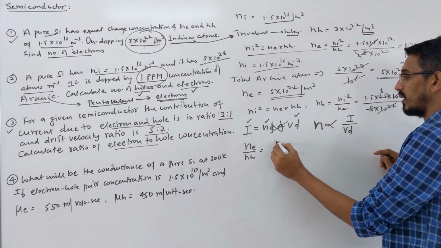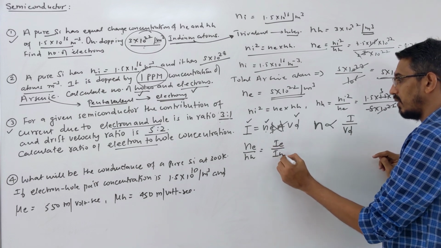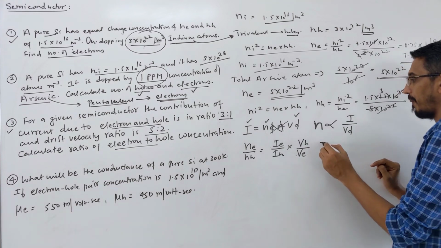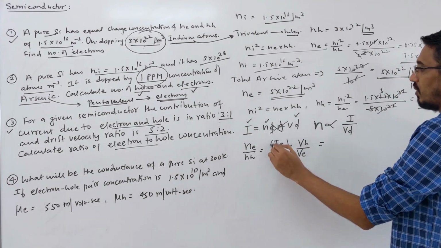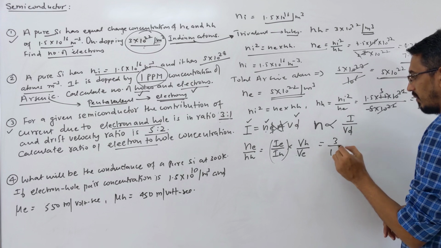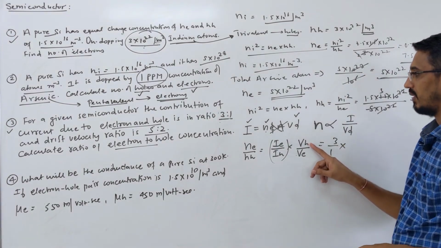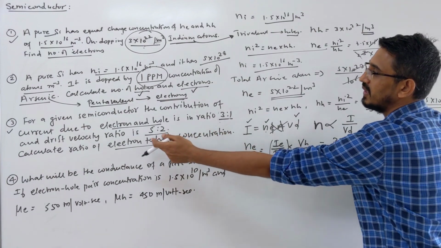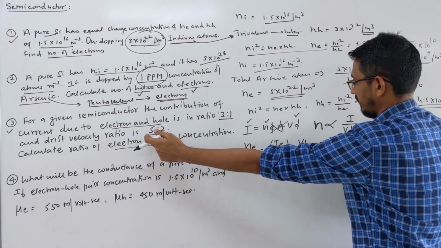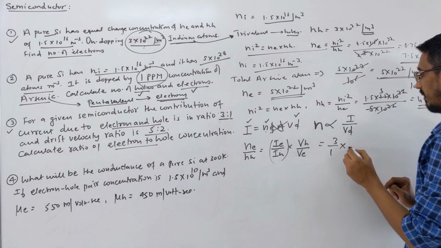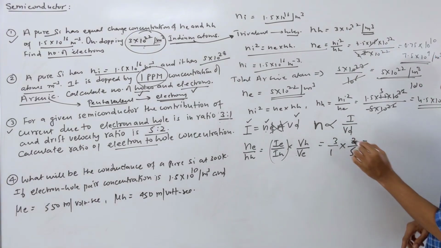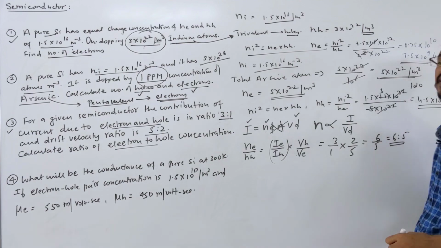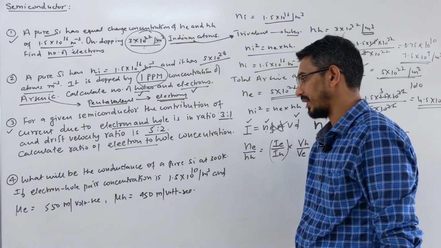Directly proportional to current, so current due to electron by current due to hole. Drift velocity due to hole by drift velocity due to electron, right? So electron to hole current is 3 by 1. But that is electron to hole, we need the drift velocity the other way round. Where did it go? Yes, it's here. So 5 will come here and 2 will go up. Okay, now this is okay. So 6 by 5, or 6 ratio 5, will be your answer for the charge concentration.